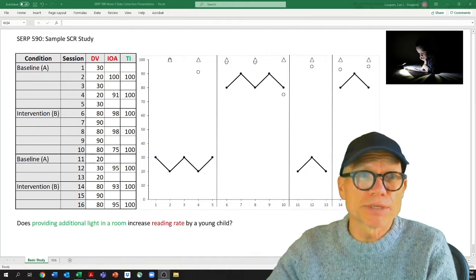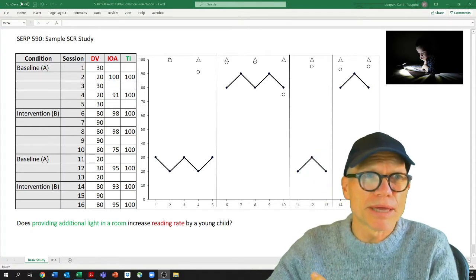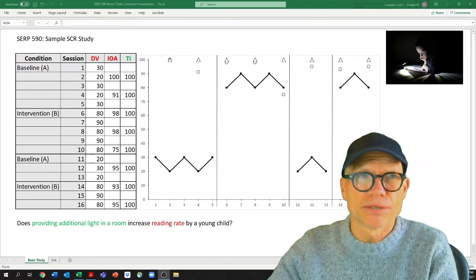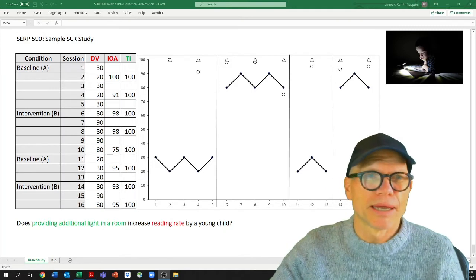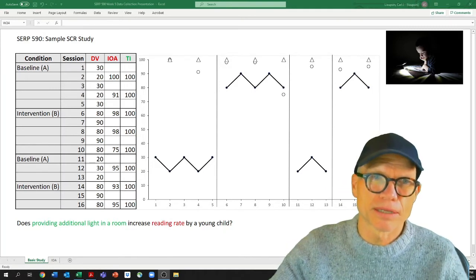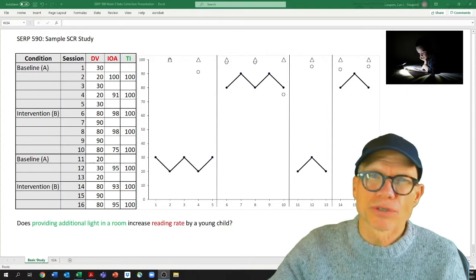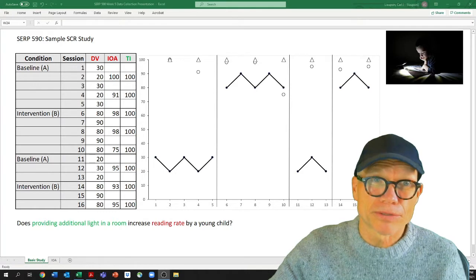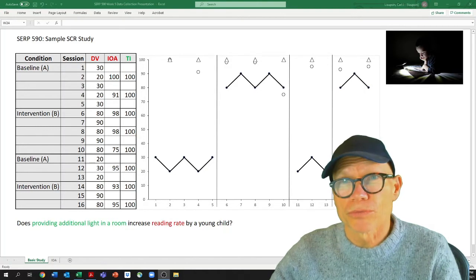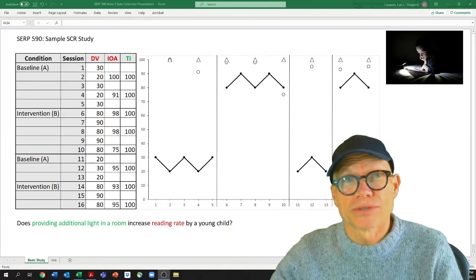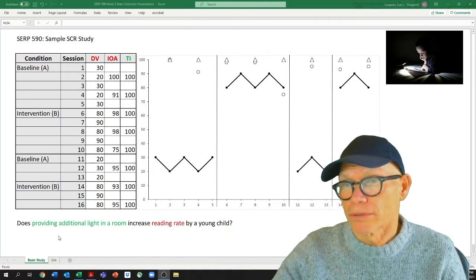And on this particular graph, what you're going to see is that the dependent variable is depicted here as the black dots and the connected dots in this line. The inter-observer agreement is represented by the circles. Treatment integrity, or whether or not the intervention was really implemented during a session, is represented by triangles. So let's go to another page